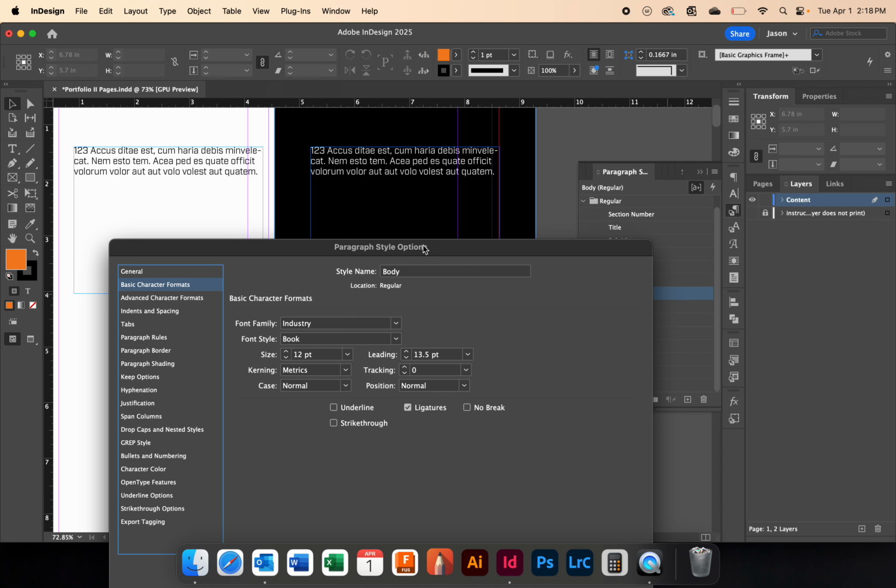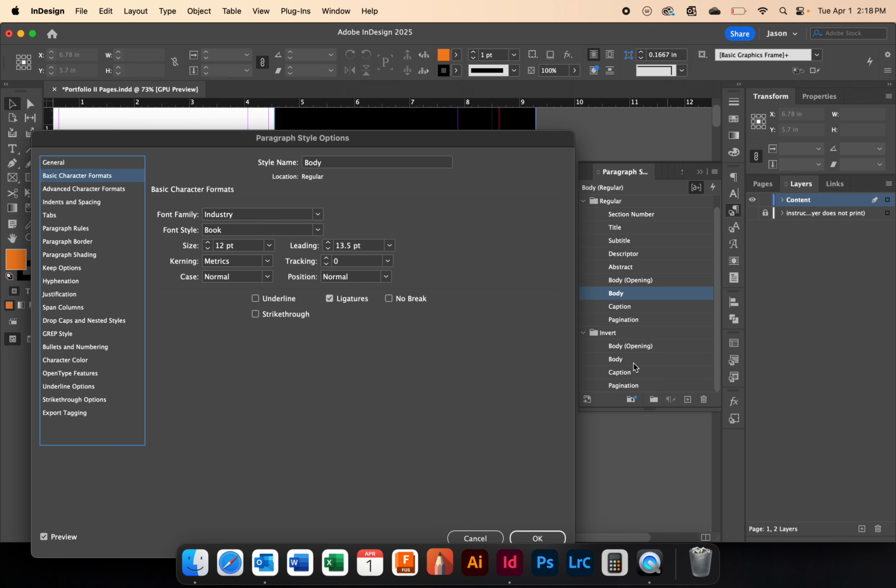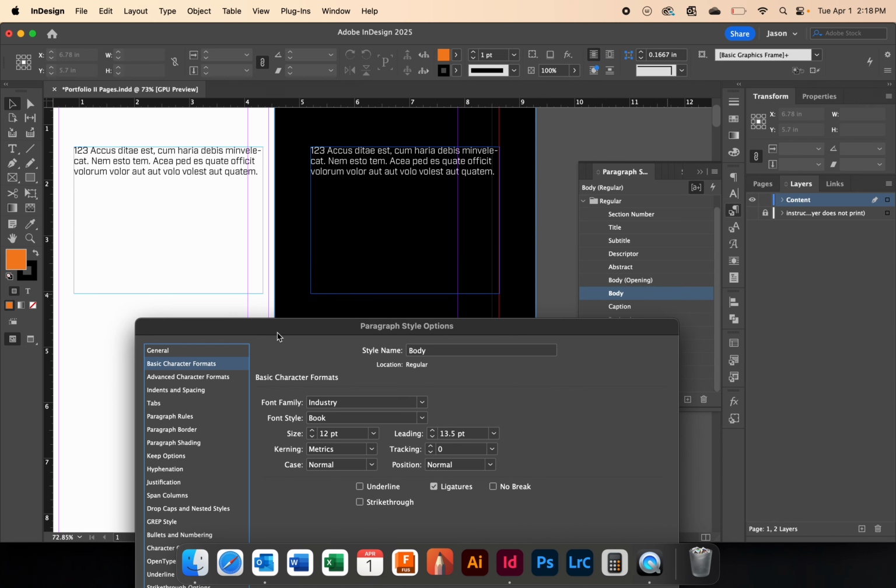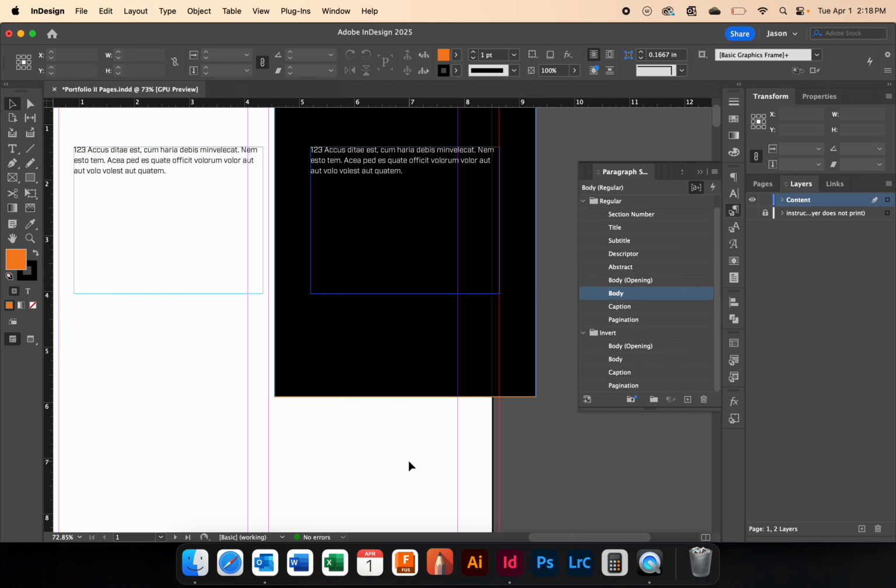And that's because we have intentionally based the inverted body on the original body so that we don't have to update each of those separately. They just update together automatically. So I'll hit exit to cancel. And